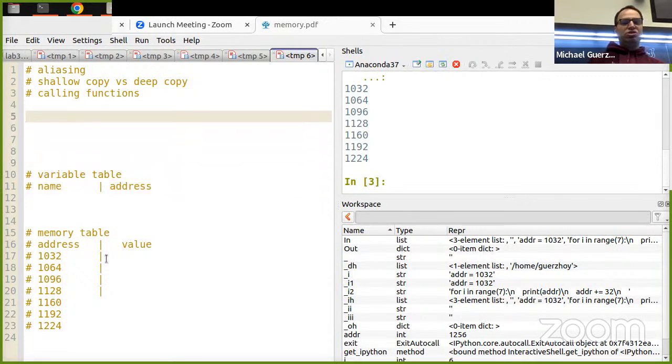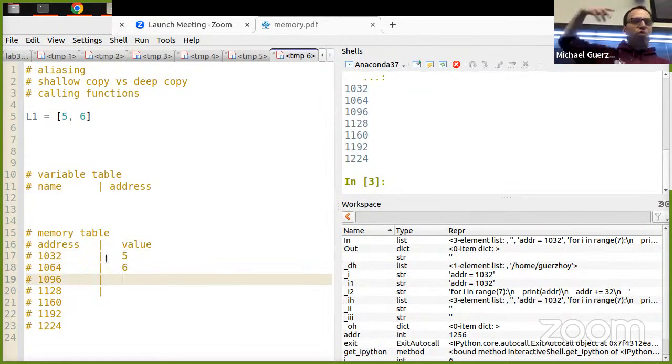So when I say L1 is equal to 5, 6, what happens is I have 5 and 6 in memory first, if they're not already there. Then I put what's on the right-hand side in memory now that I have all the constituent elements. So this would be at 1032, at 1064.